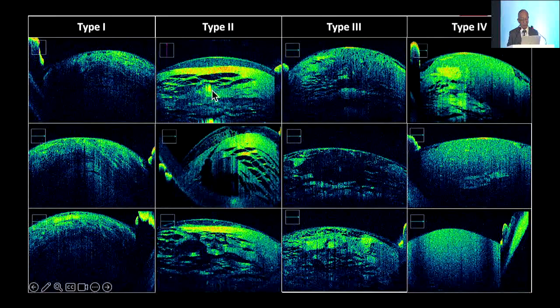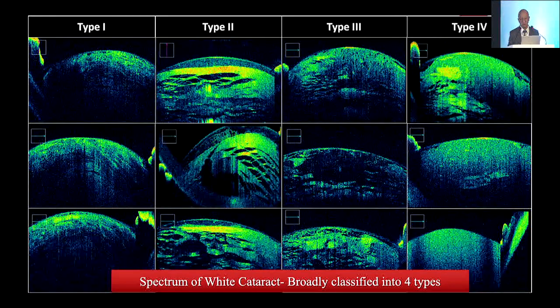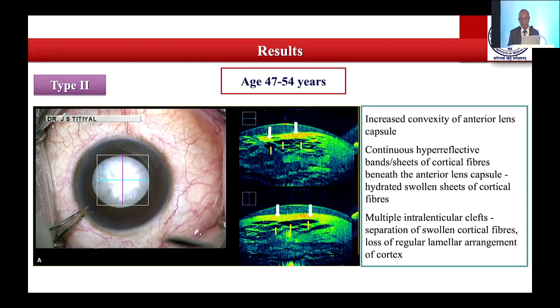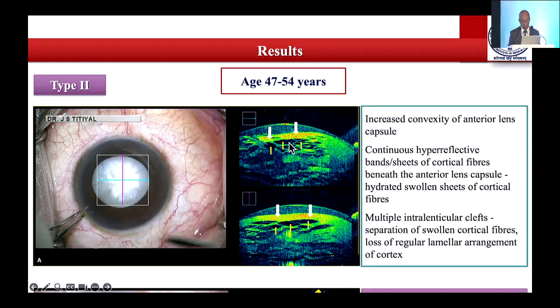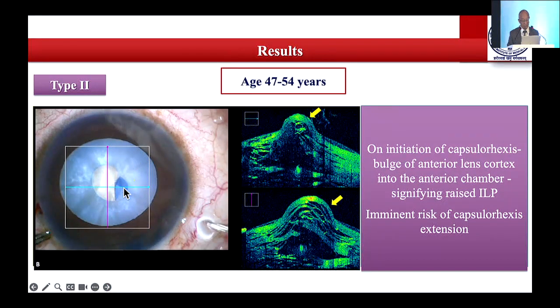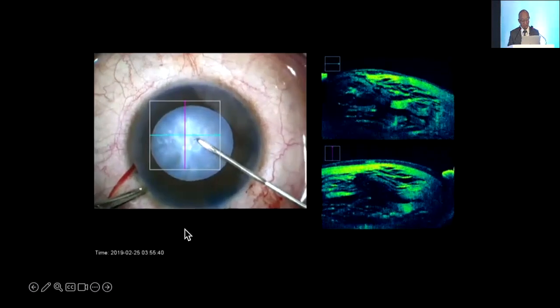To grade type 1, type 2, depending on the lamellae, the hydrated cornea fibers and the pockets inside them can be visualized in anterior segment OCT. You can see this is type 2, which is the most risky case where extension can happen, because these hydrated fibers don't allow the fluid pockets to release once you do a capsulotomy like this. And this can be a challenging situation also.